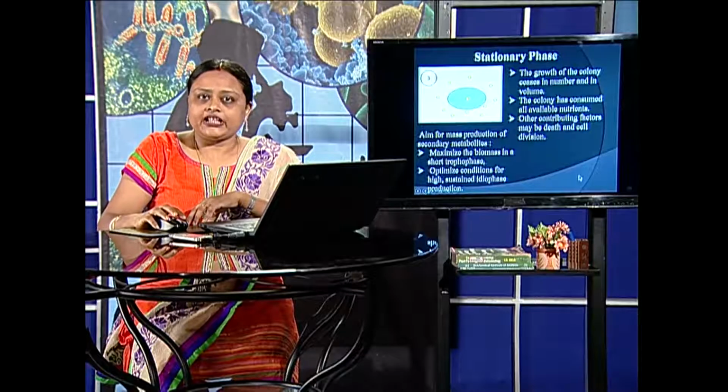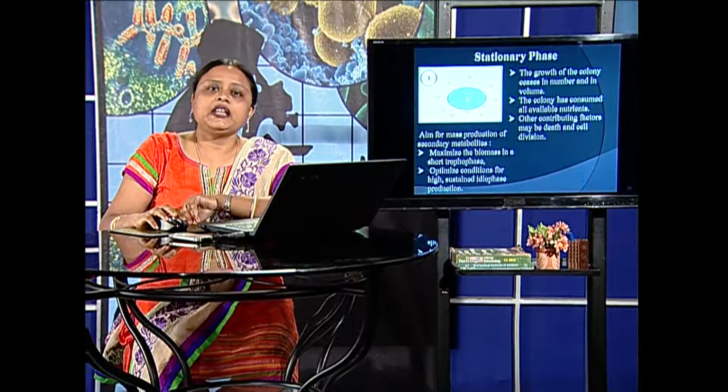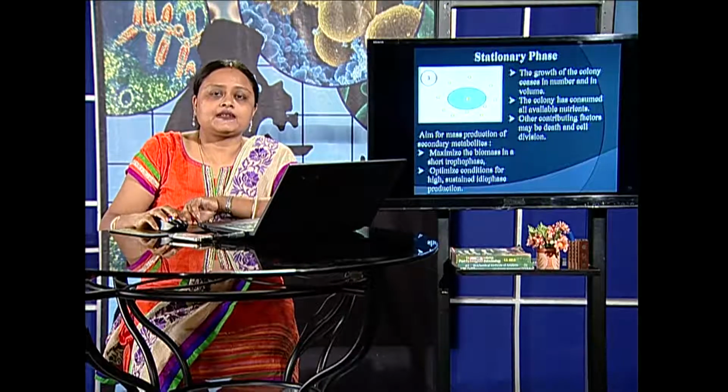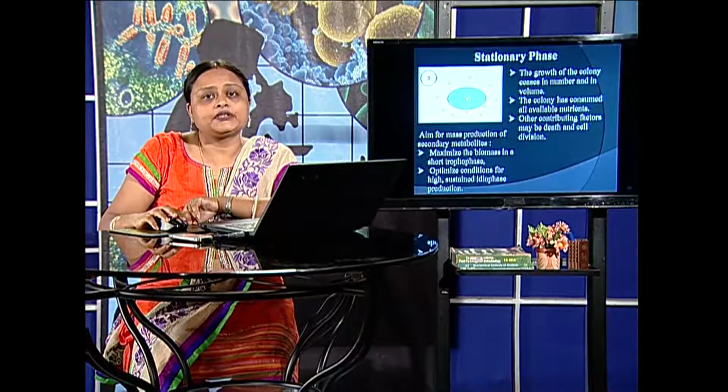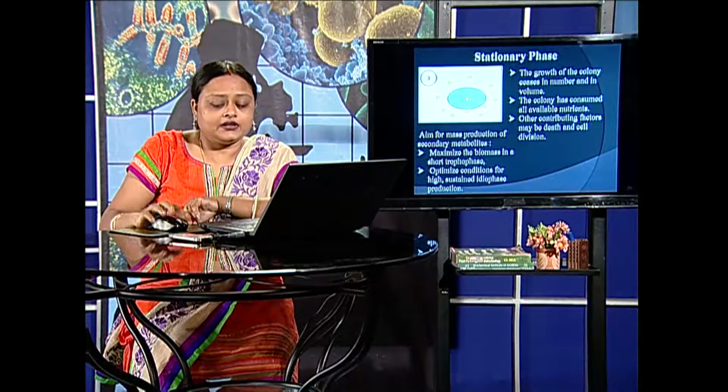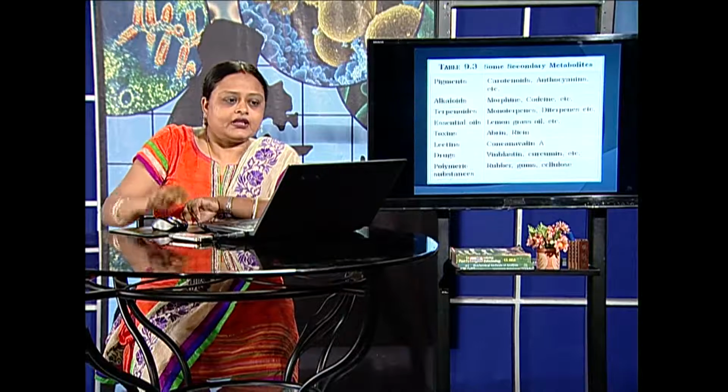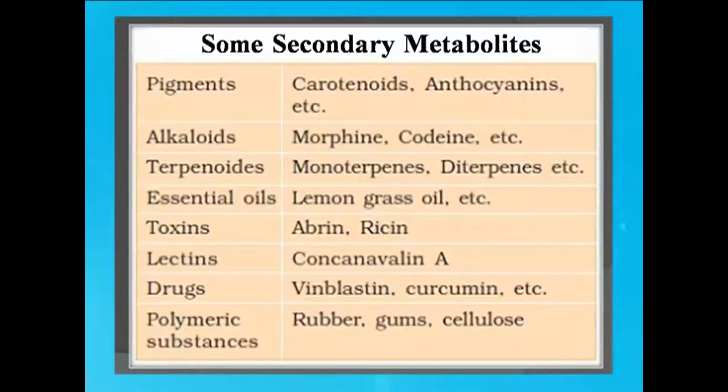It seems to be a very unimportant phase, but we are looking forward to this phase because important antibiotics, many kinds of flavonoids, and other plant products are obtained from it. These secondary metabolites may include pigments like carotenoids, anthocyanins. They may include alkaloids like morphine, then terpenoids of various types, some essential oils like lemongrass oil, some toxins, lectins, drugs,